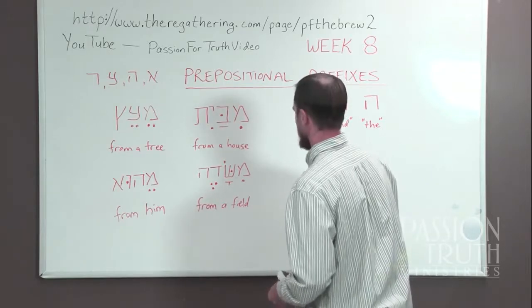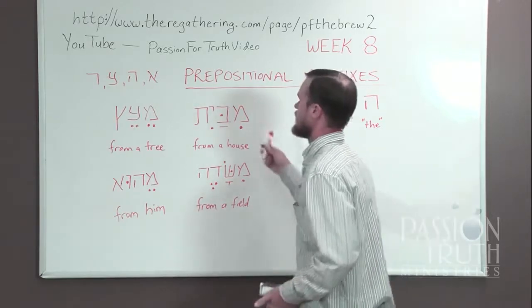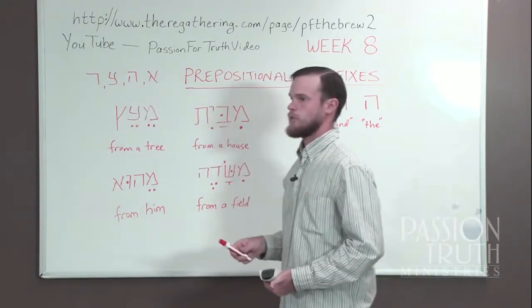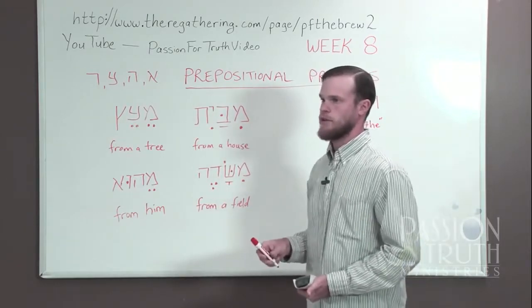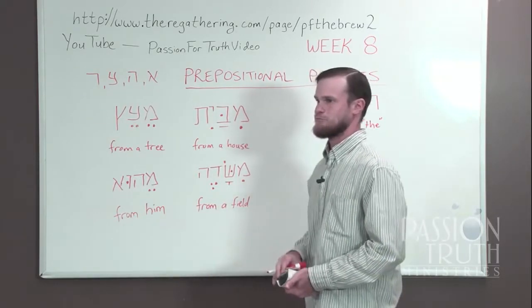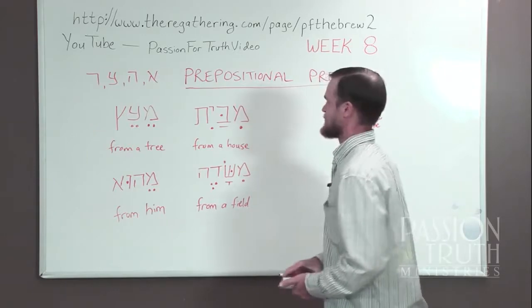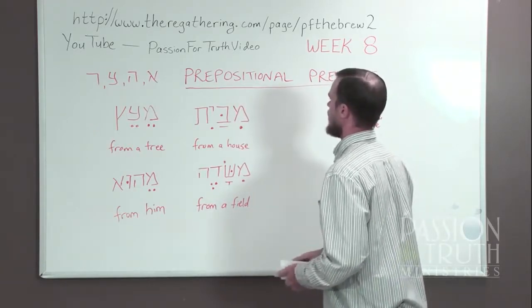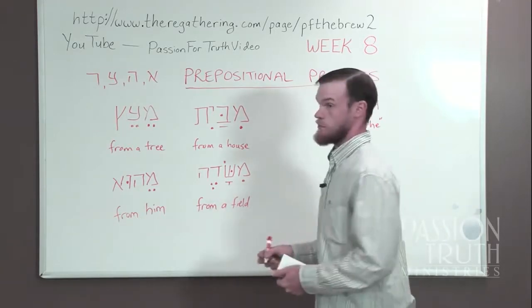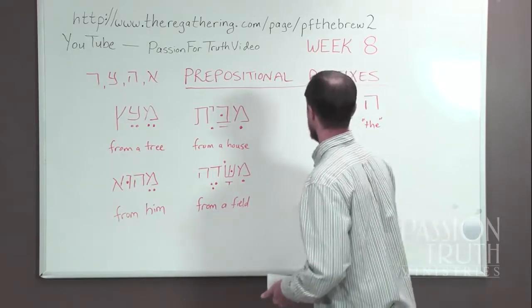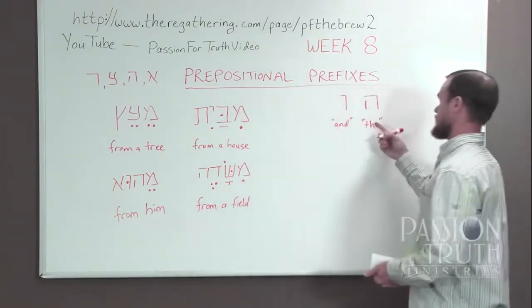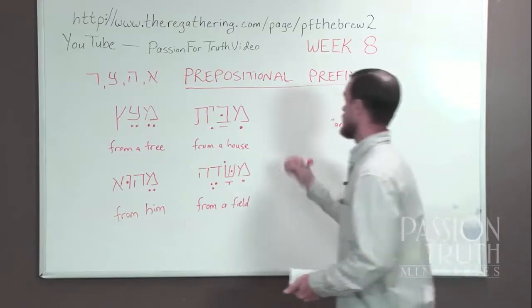The only thing that could follow the mem would be a hey. You couldn't say from in or from with or from for or from like. Those wouldn't really work. But you could say from the. And if you were to do that, since the definite article is indicated by a hey,